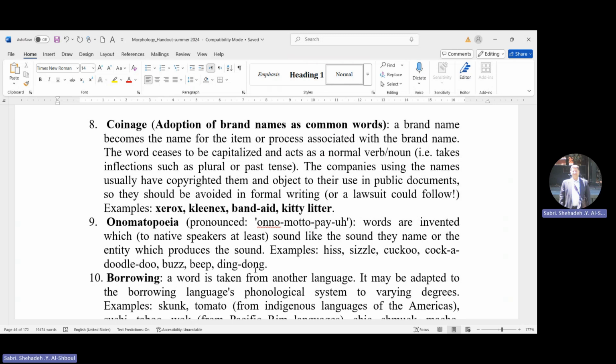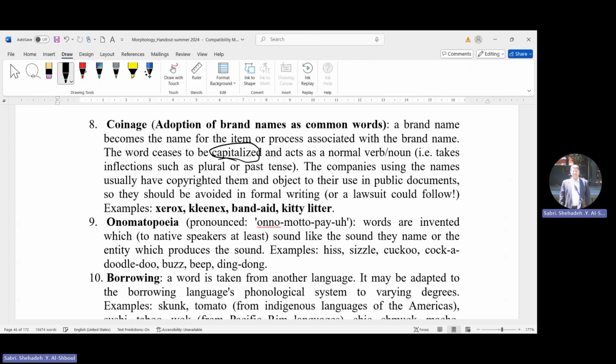the brand name. So the word ceases to be capitalized, because if it is capitalized, this means it is a kind of brand name. It acts as a normal verb or noun, so it takes inflections such as plural, I mean number inflection, or tense inflection. In general, the companies, when using the names, usually have kind of